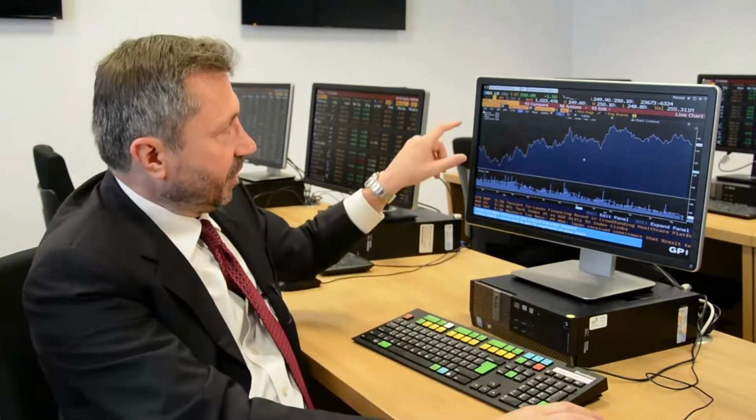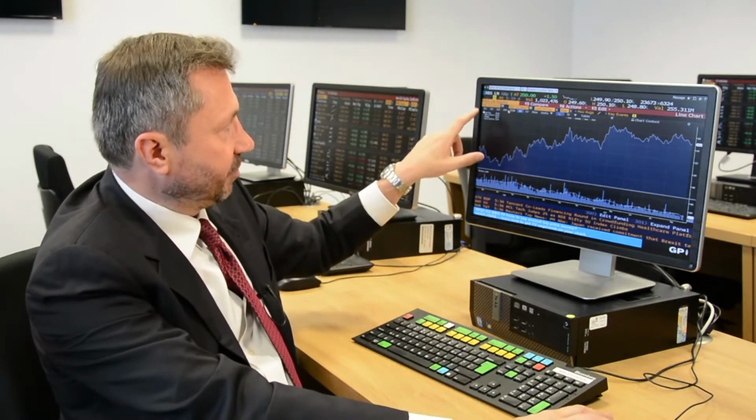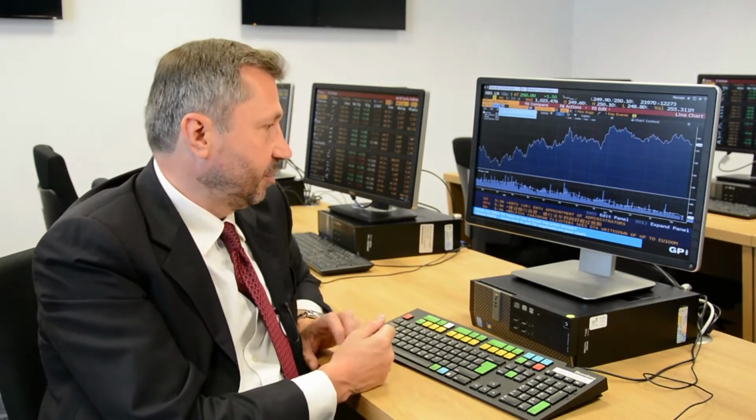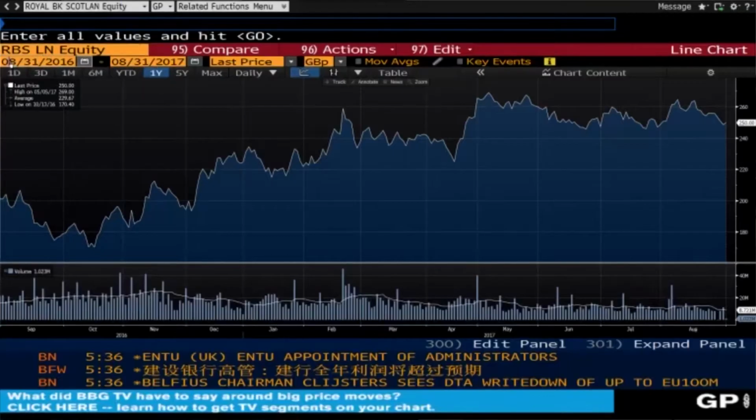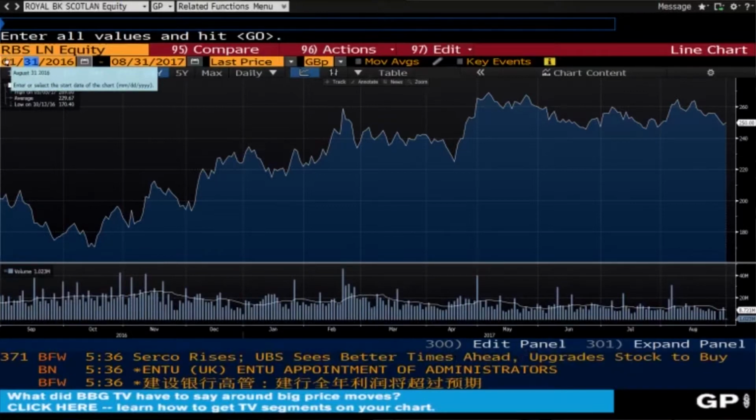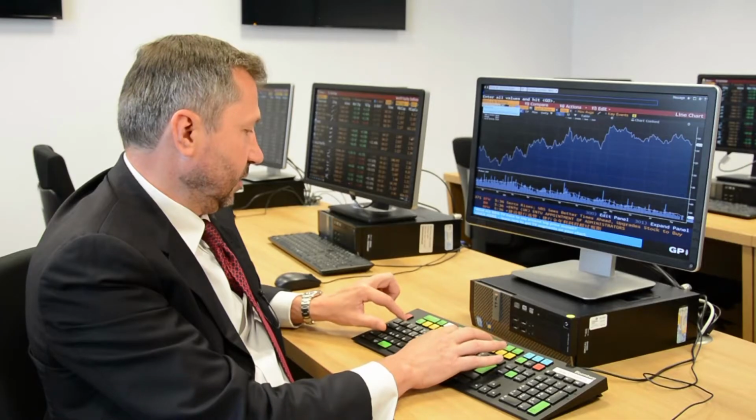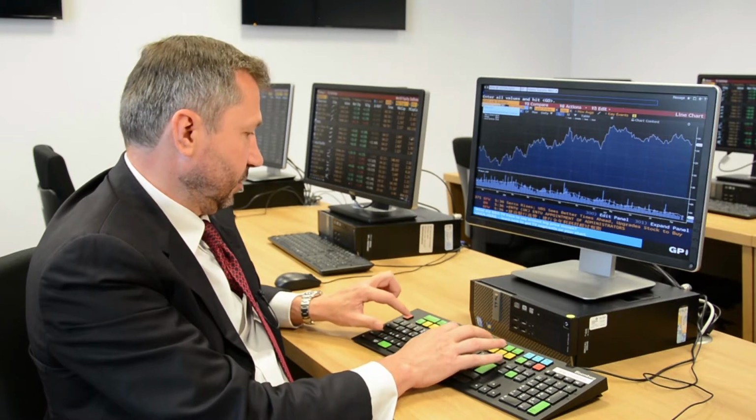You can keep diving in for information, but you can also change the information. Any of the orange boxes allow you to effectively change the information and put in different parameters. So let's find out what happened to this bank during the credit crisis, which was, as we all know, in 2008. And let's go to the 01 to